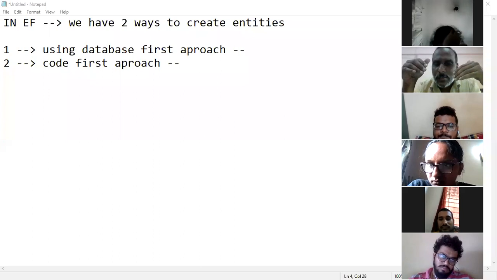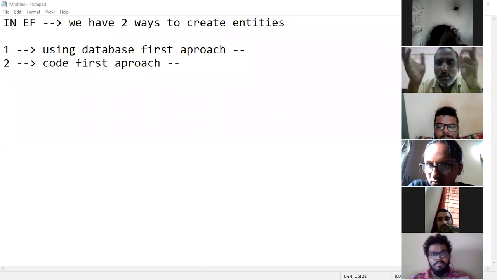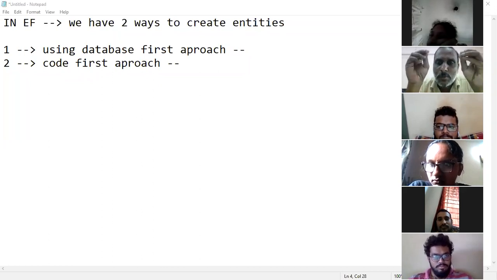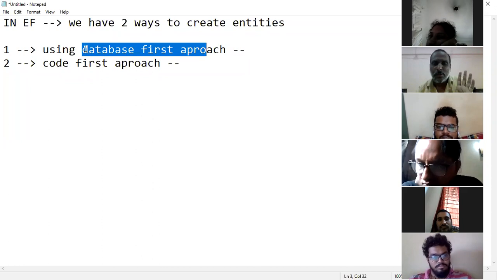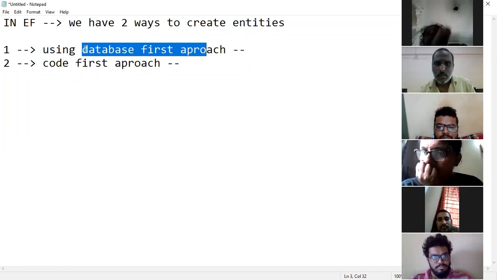Since in my case the database is already ready, I will go with the database first approach. Most of the time when you are implementing applications, most people will be using this database first approach. Very rarely will companies go for the code first approach. You forget about it. Okay.